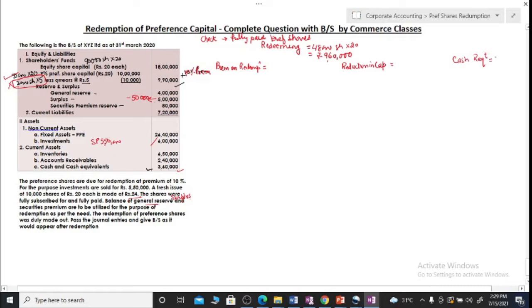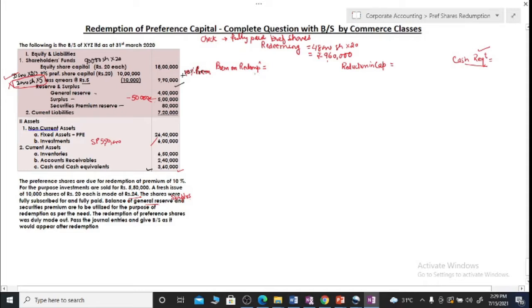Although cash requirement in this problem is not needed to be recorded in the working notes, because your question doesn't say anything, but yes, we can make this note, and this will help us in finding out cash balance left or bank overdraft that we might have raised in the process, because ultimately when we are making balance sheet we will be needing the balance. So it is just for that that we are making this note. Otherwise it is not needed in this question, because your question is not saying you to raise loan, etc.